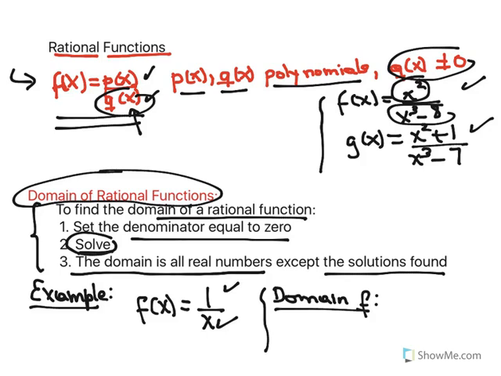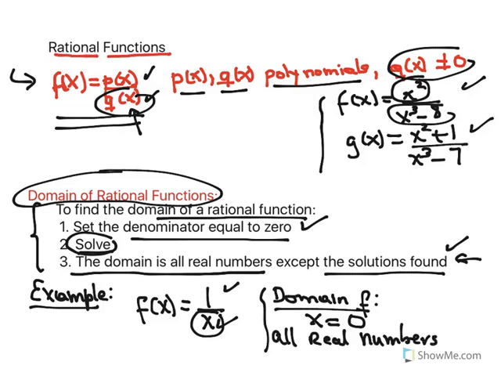I set the denominator equal to 0. The denominator is x. I really don't need to solve because x is equal to 0. And the domain is all real numbers except the solutions found. So the domain of f is all real numbers except